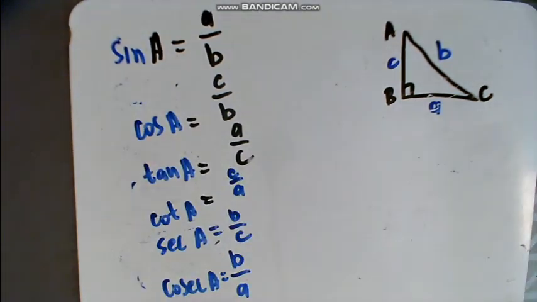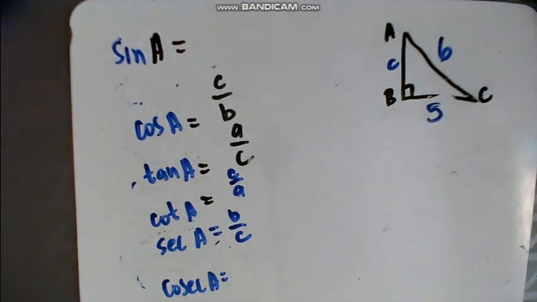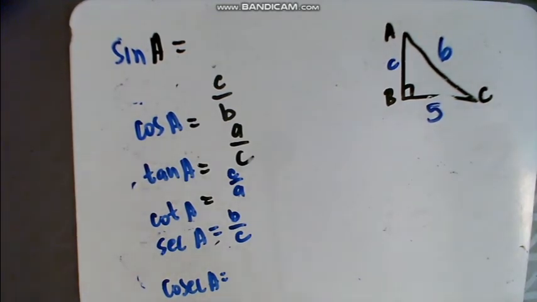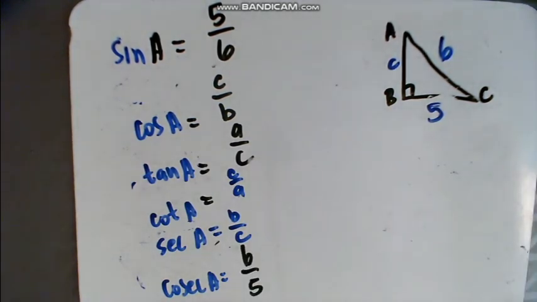Right, so now all the ratios are defined. Now you can place your own numbers and try to finish it off. Pause the video, try it out. What will the answer be for sine A? So sine A is equal to, cosec A is equal to, and that is the basics of